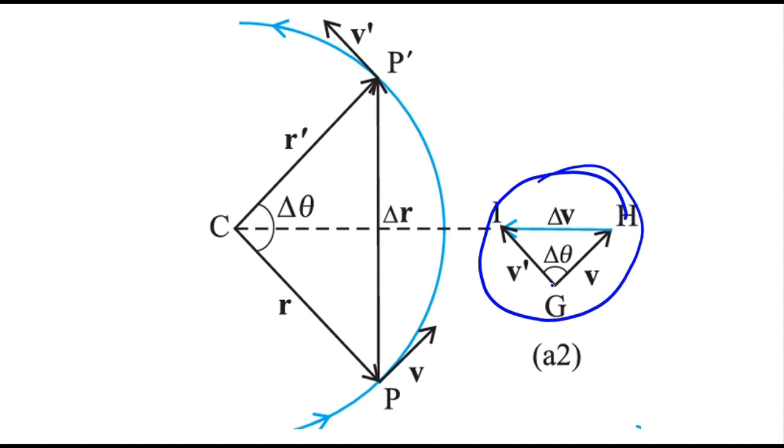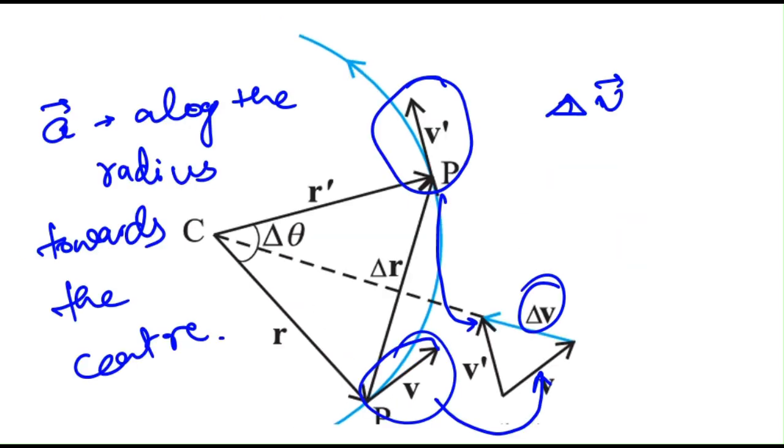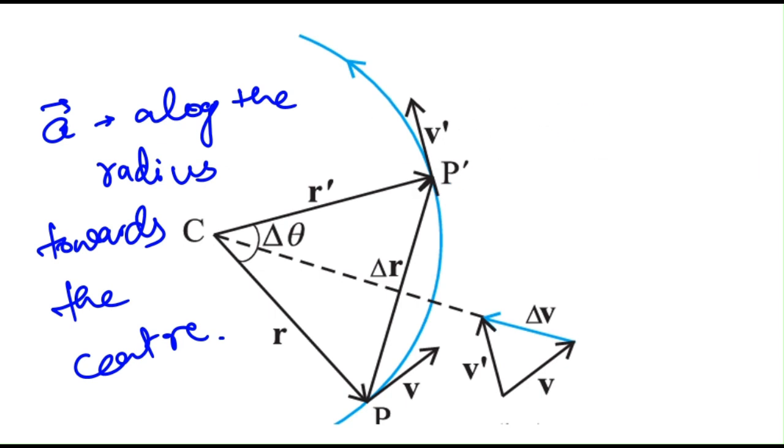So if initially the direction of velocity was this, and after the change its direction comes here, let's say this is the new velocity vector, so there should be acceleration along this direction. And for each and every point, if we go for another diagram here also, you can see very clearly, if the initial direction of velocity was this, and then after change it comes like this, the acceleration should be